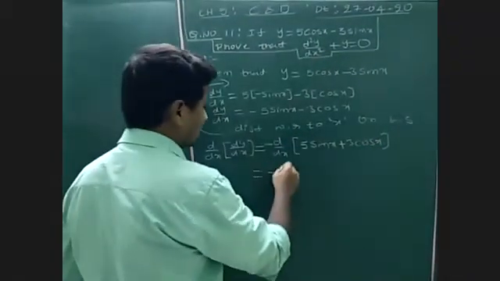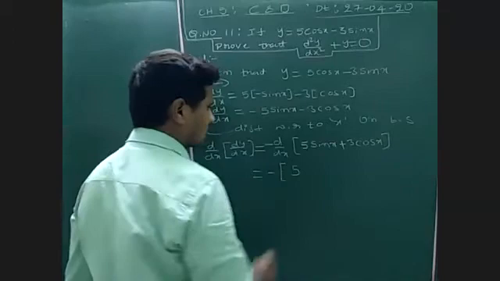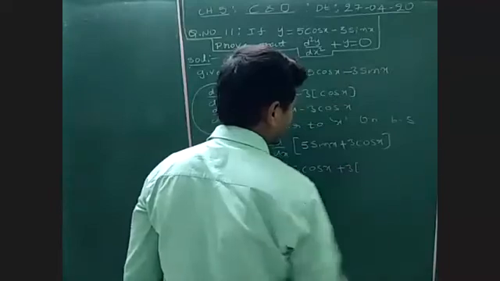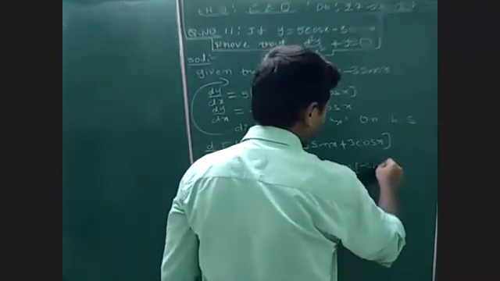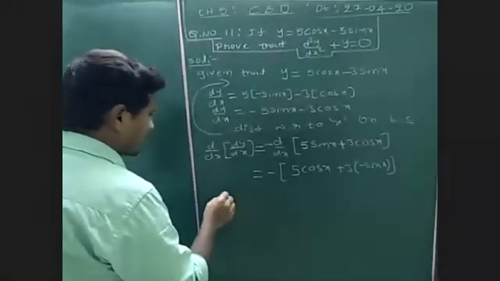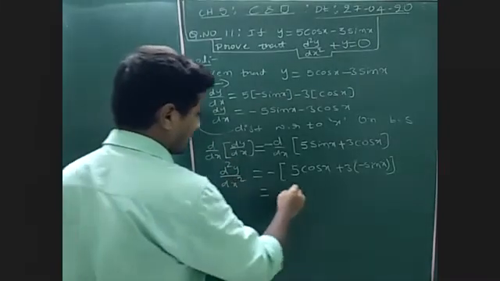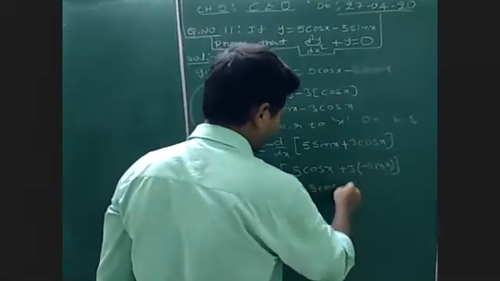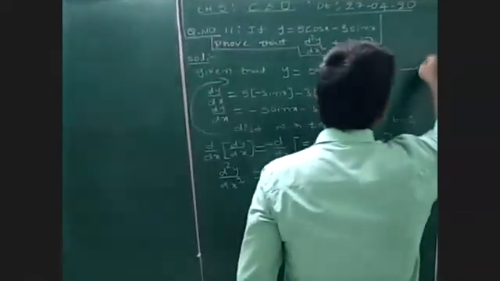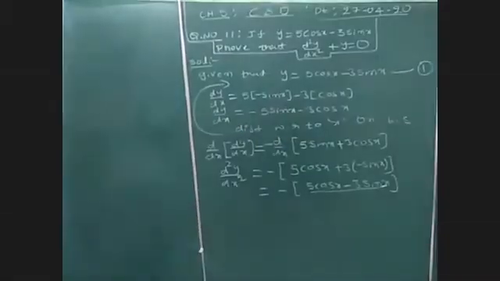Again we can differentiate. Look here, 5 sin x derivative: sin x derivative becomes cos x, plus 3 into cos x derivative, which is minus sin x. So the left side clearly becomes d square y by dx square. This is equal to minus of 5 cos x plus into minus 3 sin x. If you observe, let us take this as equation 1. From equation 1, what will you write this value? This is clearly equal to